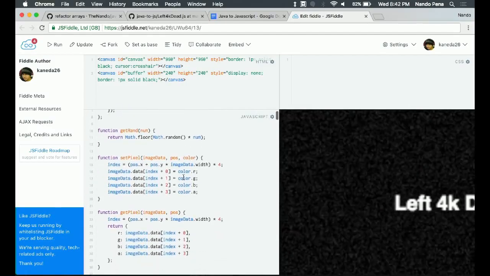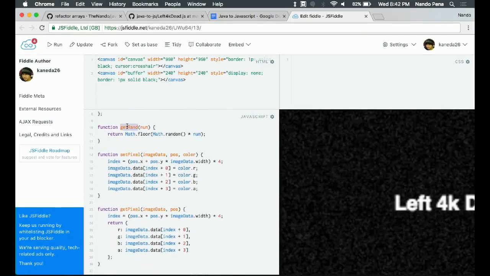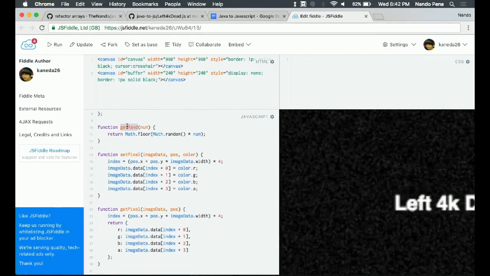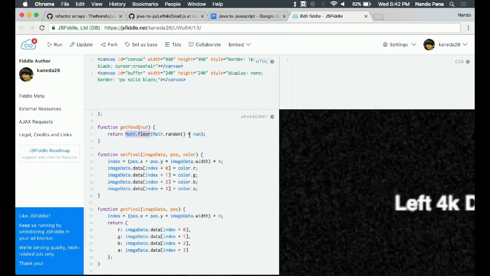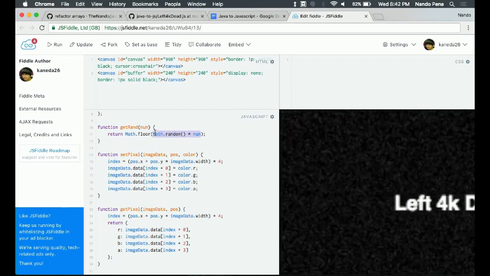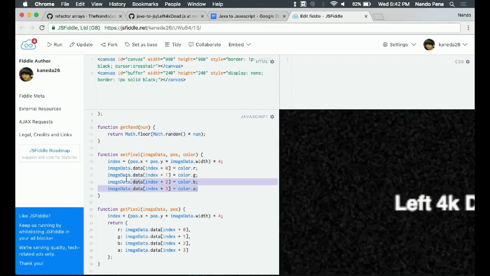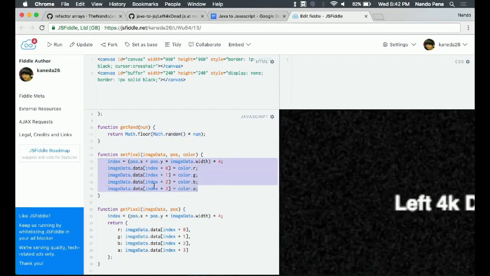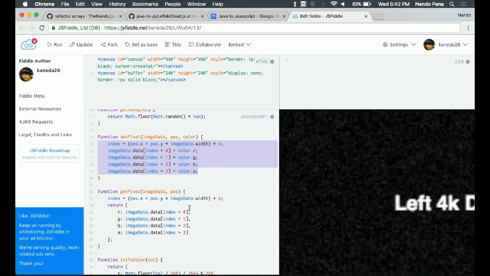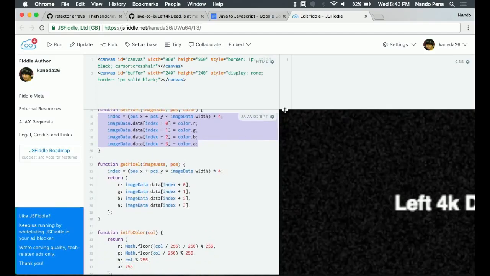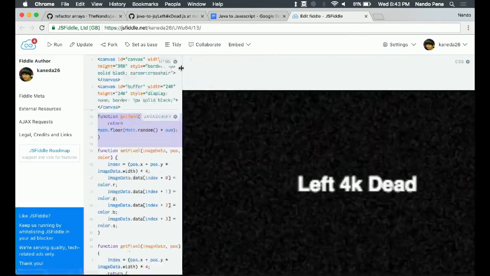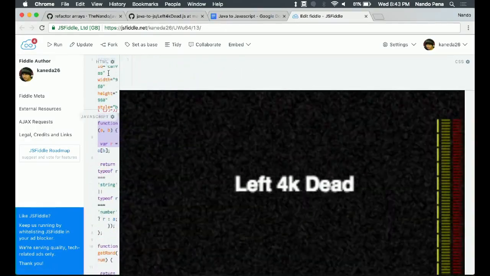I'm just using the regular random number generator, which kind of tells me that it's probably good enough to do that. I'm applying a floor to it and multiplying it by my number to get the int. I rewrote the set pixel method because this way is a little bit faster than using the built-in canvas. Anyway, I've talked about it enough. Let me go ahead and show you what the game looks like now. That is very big.